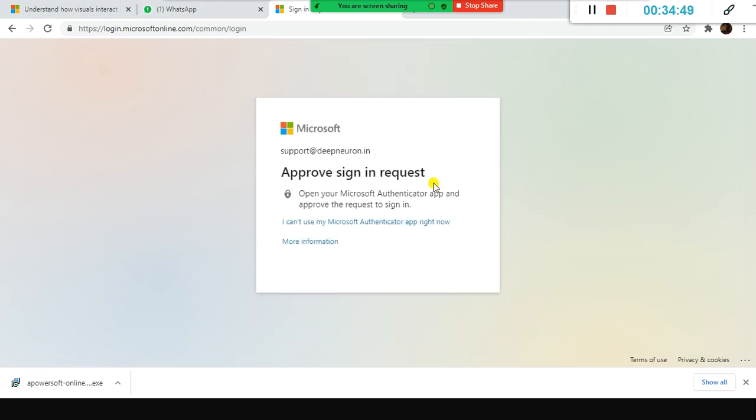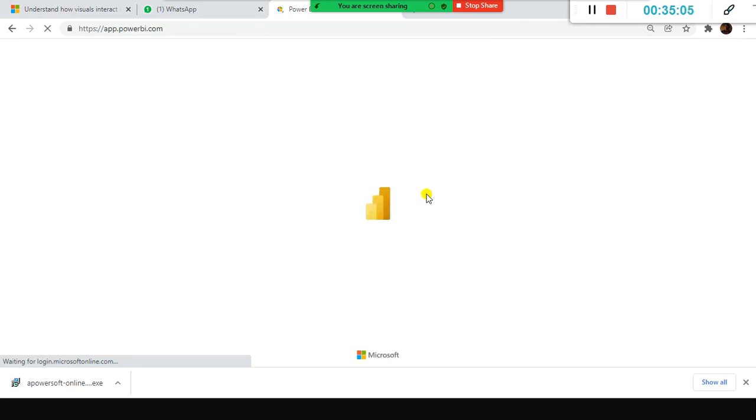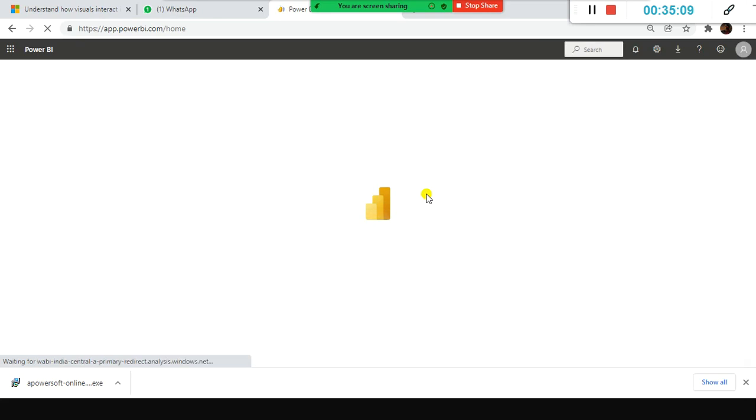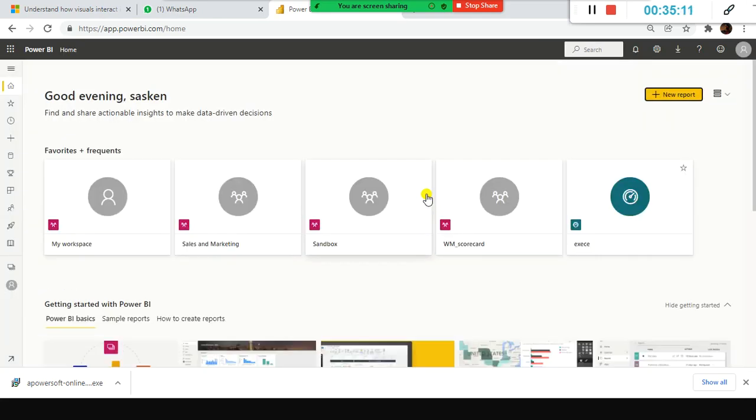Sometimes it will take some time for you to open your mobile. See, now in my mobile phone the authenticator app shows approve sign in. I press approve, and I have a screen lock, so I unlock it. Now it is getting connected. Look here, it got connected to my Power BI. It's done.